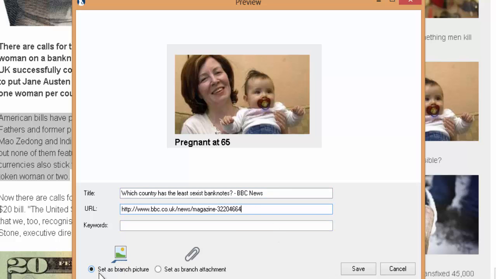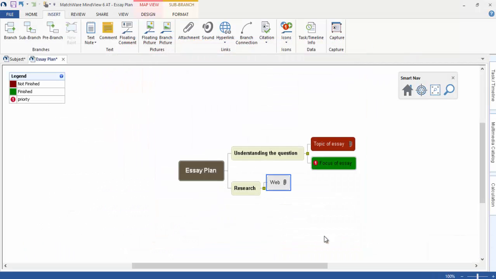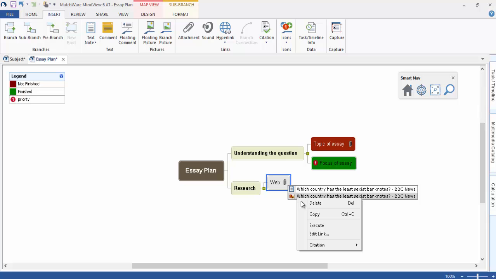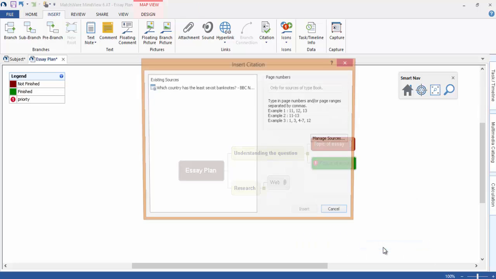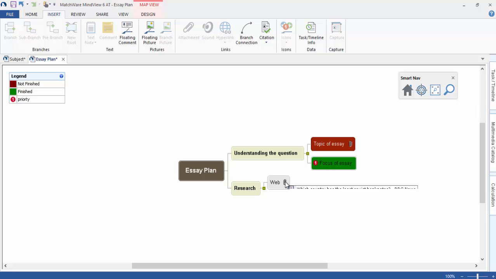This time I can choose to set as a branch picture, where it actually puts it in a symbol as a branch picture, or set as a branch attachment, which I'm going to do. Click save. So if I go to that paperclip that's highlighted, I should have two in there now. I've got the text and the image, and again if I right click that, go to citation, insert citation, I can use the original text, and if I want to I can also use the picture which I've now got